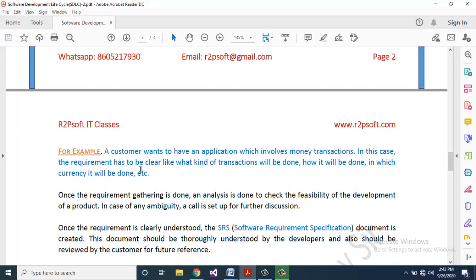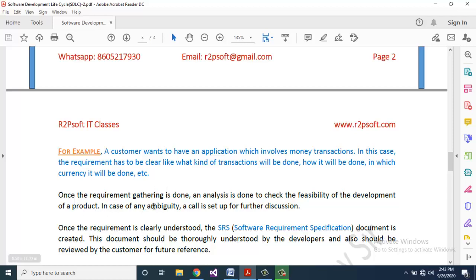For example, a customer wants to have an application which involves money transactions. In this case, the requirement has to be clear, like what kind of transactions will be done, how it will be done, in which currency it will be done, etc.